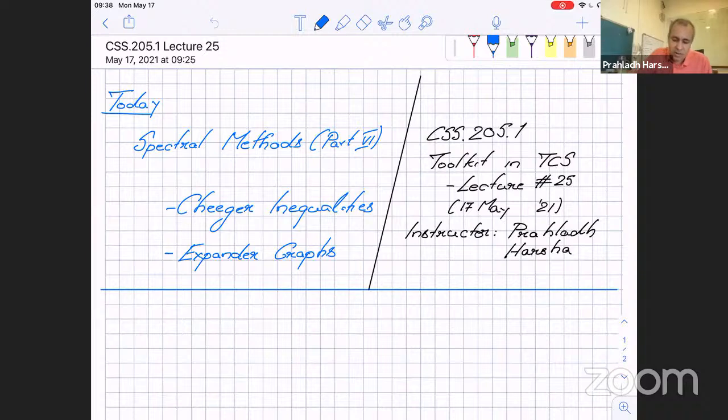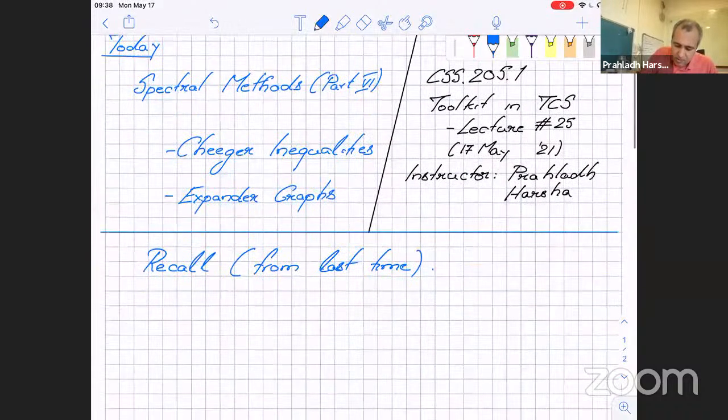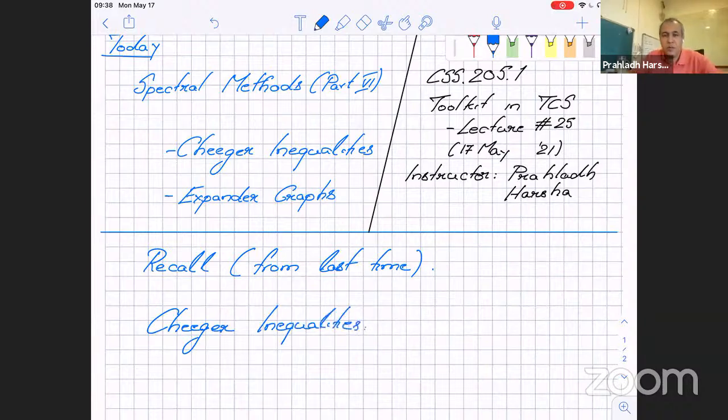So what were the Cheeger inequalities? Let's do a quick recap from last time. We were doing the Cheeger inequalities. And what were the Cheeger inequalities? The Cheeger inequalities were these,